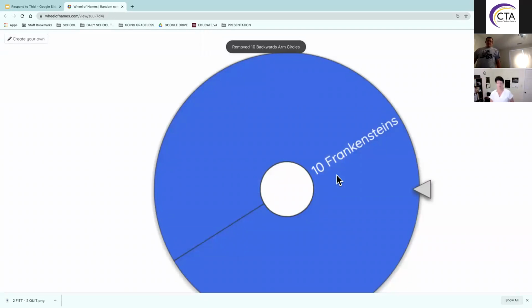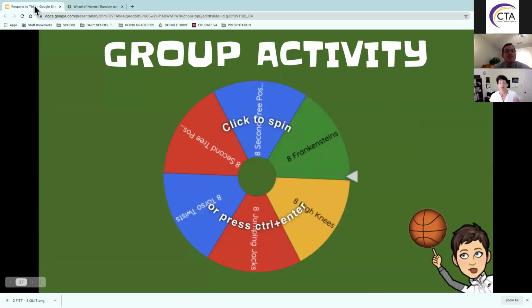And then lastly, 10 Frankensteins. These are always difficult because my hamstrings are so tight. 1, 2, 3, 4, 5, 6, 7, 8, 9, 10. Awesome. Thank you for playing along with us. And what I want to note about this is that